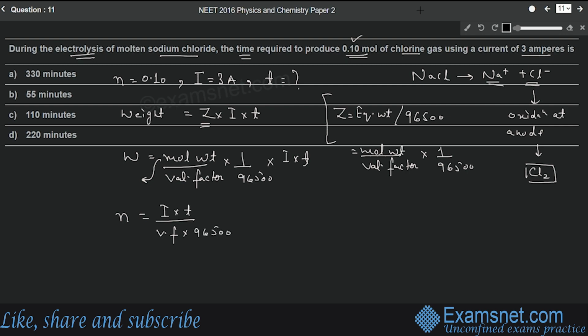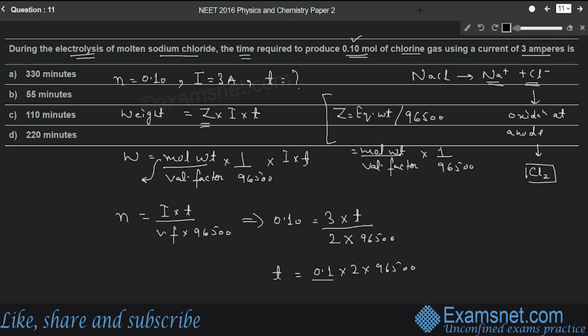Now let's put the values. Number of moles is given as 0.10. Current is given as 3 amperes. Time is not known. Then valency factor is 2 because there is transfer of 2 electrons during the conversion of chloride to chlorine gas, right? Into 96500. So we have to find out the value of T, that will be equal to 0.1 into 2 into